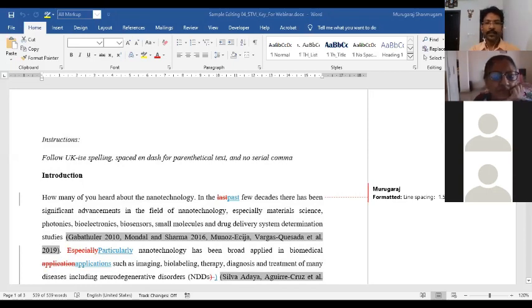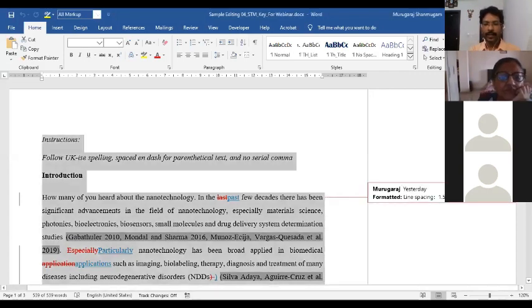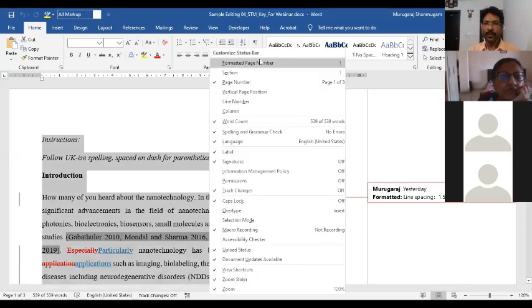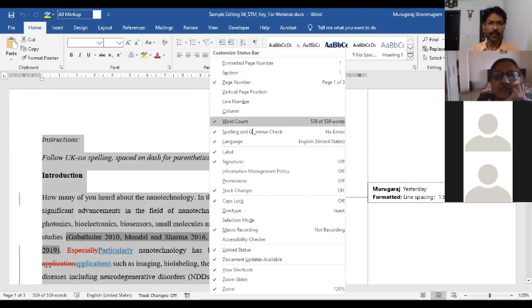This status bar is helpful in looking at what are the various features that are enabled or disabled. So you can right click on the status bar to see the various options that you can bring to this status bar. For example, formatted page number, section. The ones that have a tick mark on the left are those that will appear on the bottom. So you can see that page number is checked. You can also see page 1 of 3 here at the bottom left. Similarly, word count, and spelling and grammar check. It says no errors, and the language label, and so on and so forth.